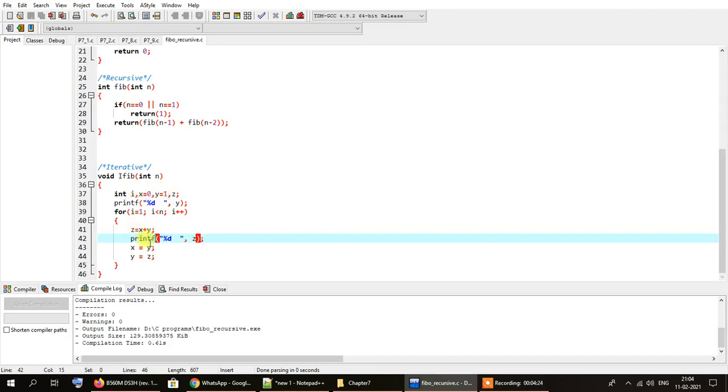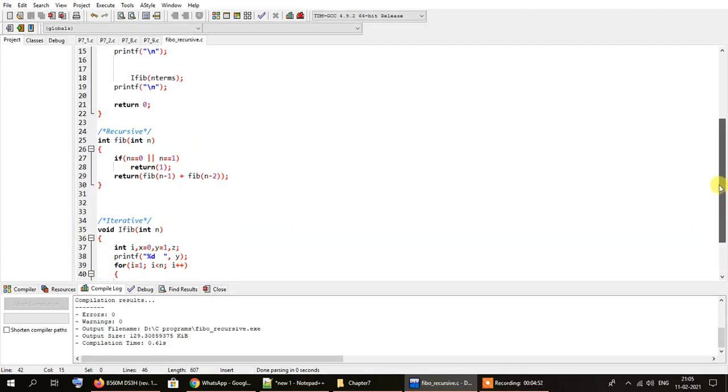So what happens in this loop is that we are calculating the values of x and y, adding them and storing them in a value called z, and then printing the value of z. After that, the value of y is assigned to x and the value of z, that is the sum, is assigned to y. So it goes on and on until it reaches the value that is 1 less than n. If the value of n was 8, this loop will continue up to 7 and terminate. So this is how the iterative procedure works.